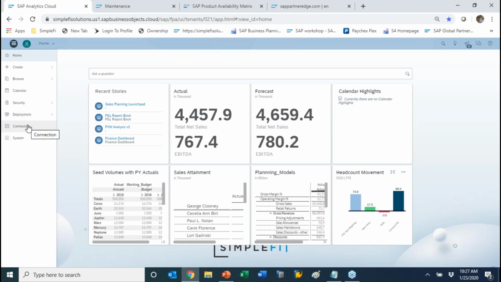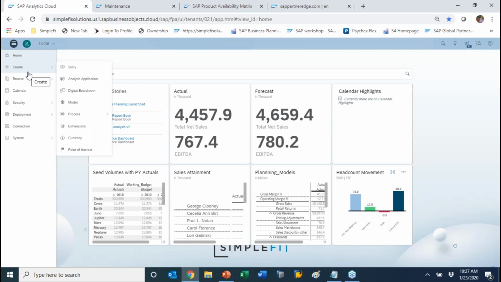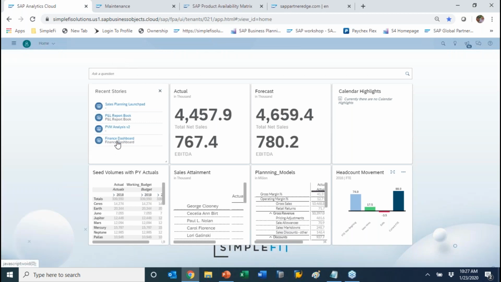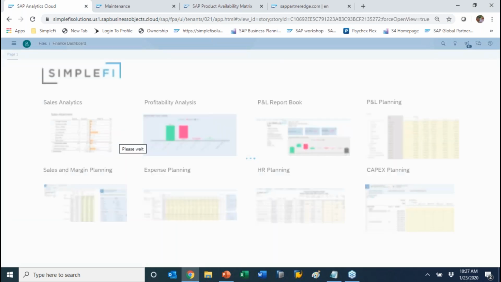You can set up connections, so SAP Analytics Cloud can sit right on top of BPC, can sit on top of BW, can sit on top of HANA, can read from BOBJ, right? So in those ways, it can work together with your on-premise investments. But I'm just going to take you to a couple report examples, maybe show you one planning example. So if I click on the finance dashboard here,